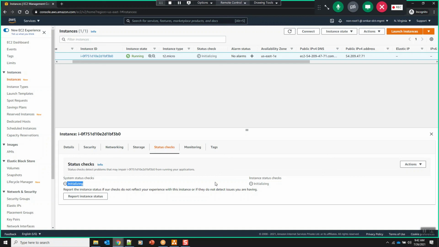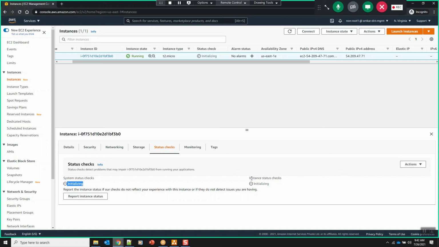But if it is an instance status check, are we responsible? Yes, to some extent we are responsible. Why are we the reason? Because we specify some configuration while provisioning the EC2 instance, right? So there could be something that might have gone wrong, like maybe the AMI.